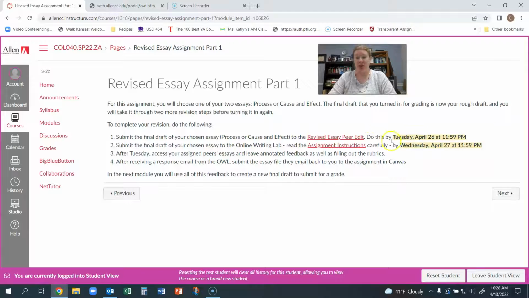And I've got these due dates in here because you have to submit your peer edit draft by Tuesday, April 26th, and you have to submit to the Writing Center by Wednesday, April 27th. The Writing Center deadline is the Writing Center's deadline. It's not the course deadline because they need at least 48 business hours to respond to you. The peer edit deadline is because Canvas will automatically generate your peer edit. So if you haven't submitted a file, then you won't get assigned a peer edit. And I have to do it earlier in the module so that you have plenty of time to actually do